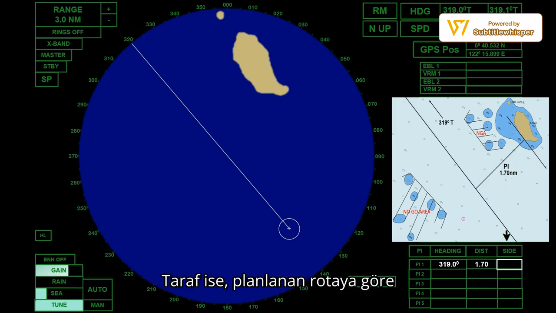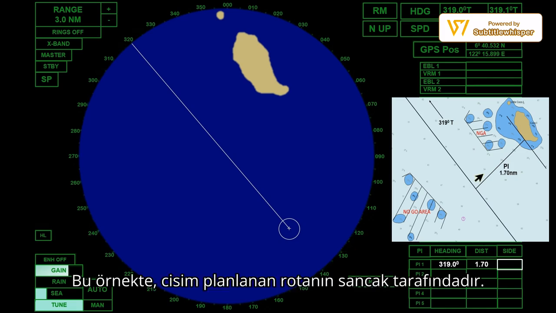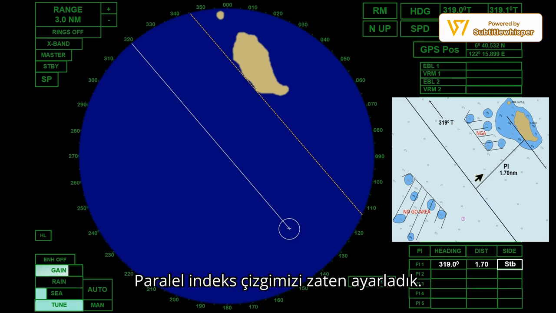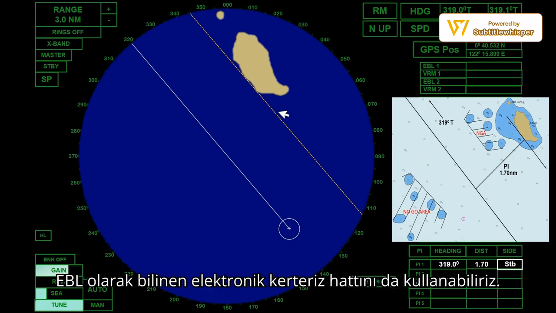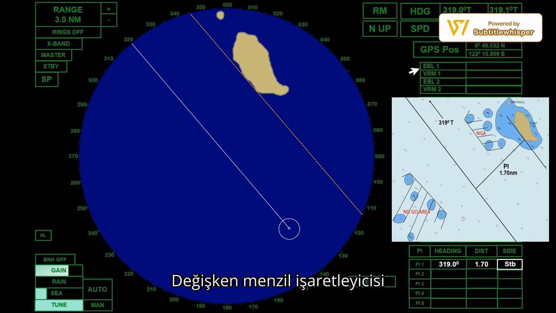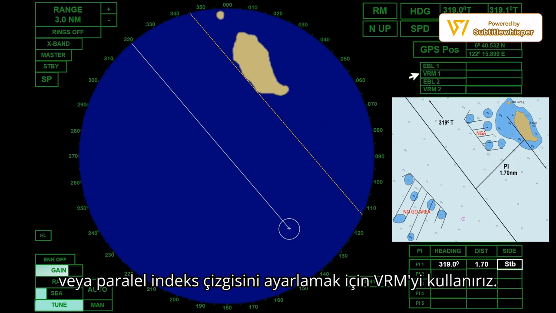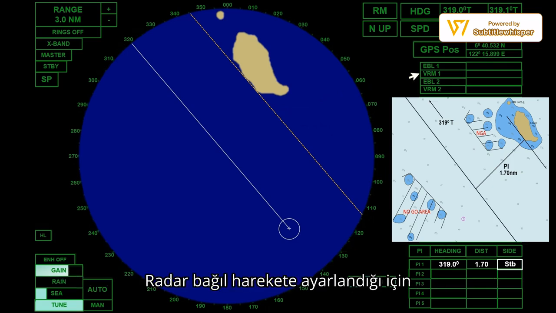For the side, it is the side to where a conspicuous object is located from the planned track. In this case it is located on the starboard side of the planned track. We have already set our parallel index line. We can also use the electronic bearing line known as EBL, and the variable range marker or VRM to set the PI line. Since the radar is set to relative motion,